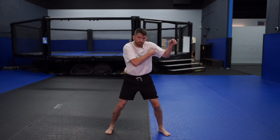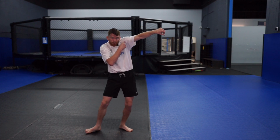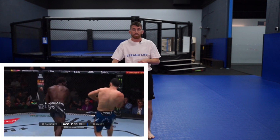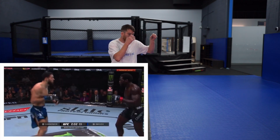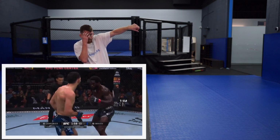When people attack this longer guard and you have to back out like this and use your shoulder to protect yourself, you're essentially taking almost this entire arm off the table of being able to counter, and that can sometimes be a really big deal. And I think that in this fight it was, because Cannonier was definitely taking advantage of not having to worry about being countered when he would rush Nassourdine when he's like this, okay? That being said,